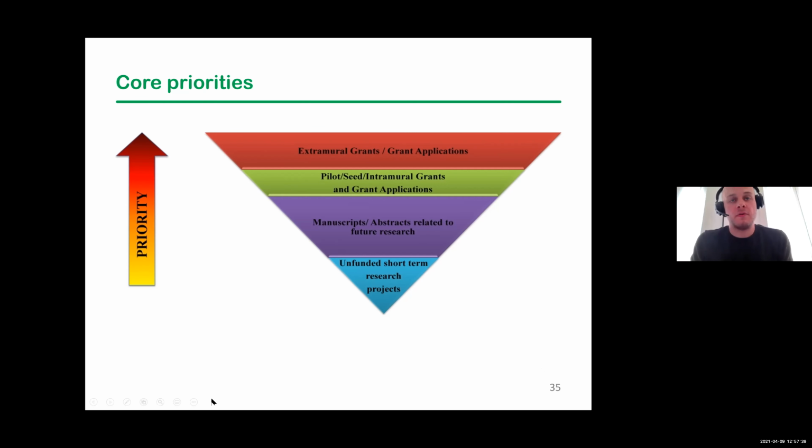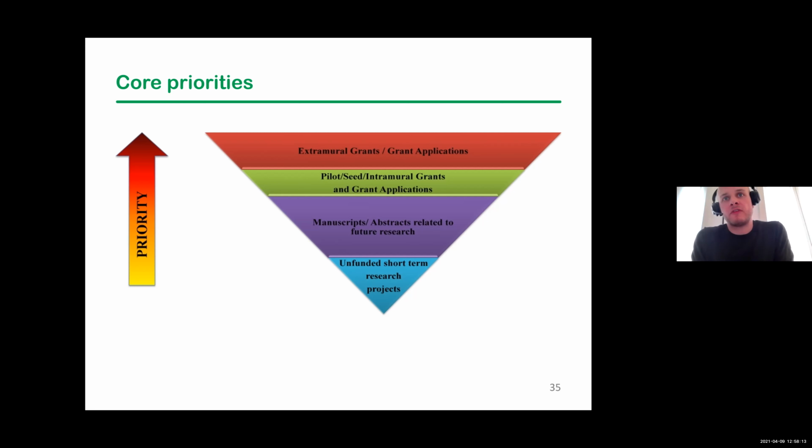Yeah, thank you. And I wanted to have a couple more slides before we get out of here. This is looking at the core priorities. The lifeblood of our group are extramural, intramural grants. Many of us work off of percent effort. Usually we collaborate during the grant application process, and the investigator will put on percent of our time to work on the analysis for those studies. Those often get most of our attention at the beginning, simply because without the grants, we would not be able to function as a core. So those are our highest priority.